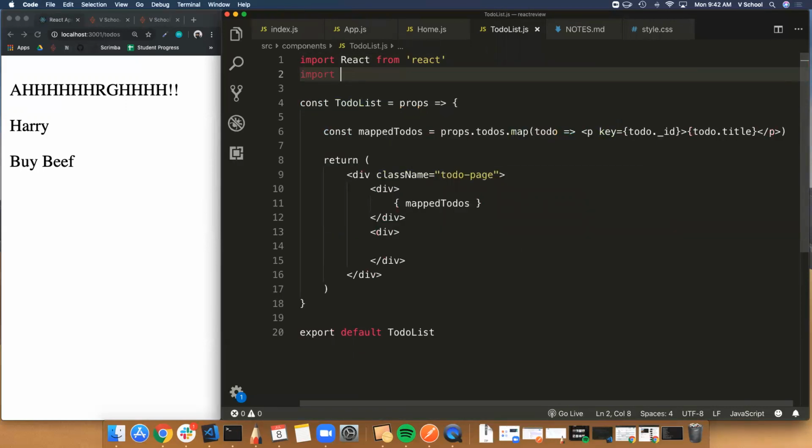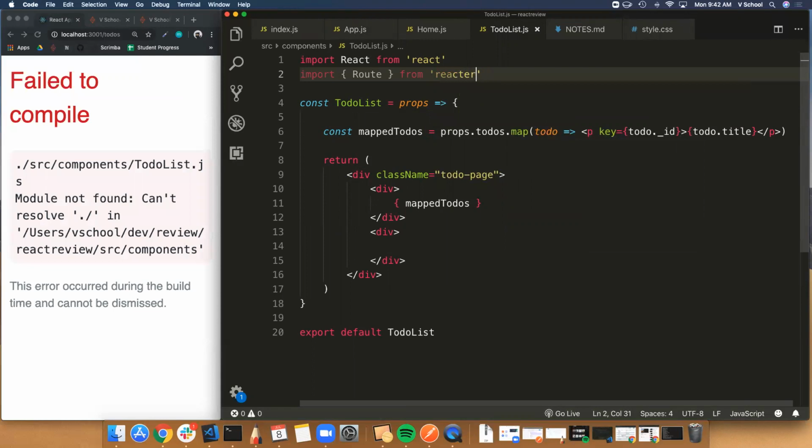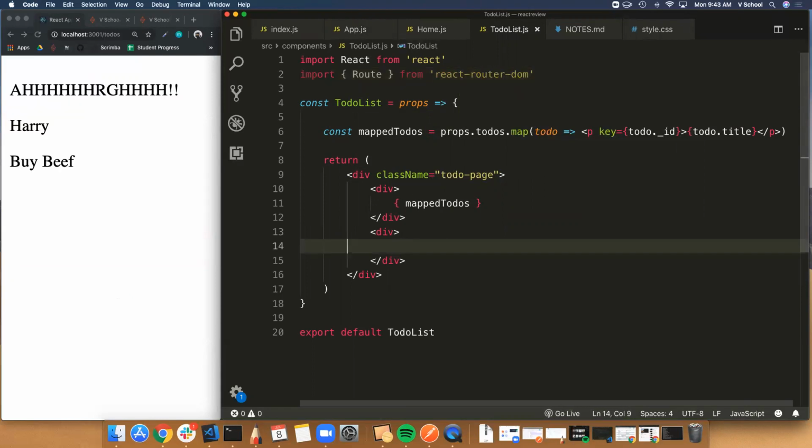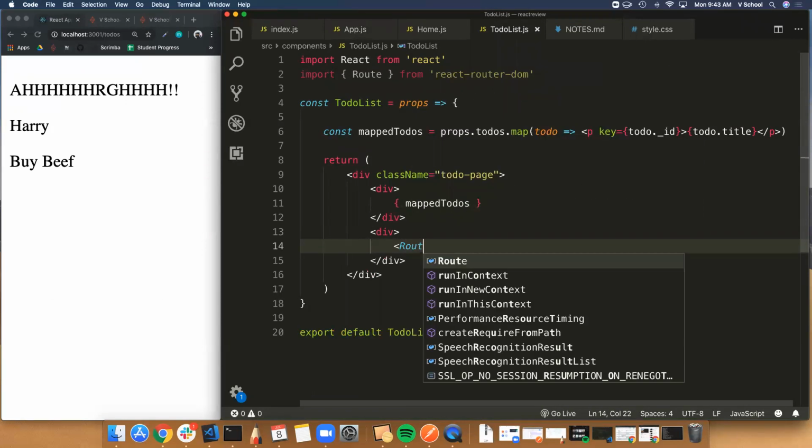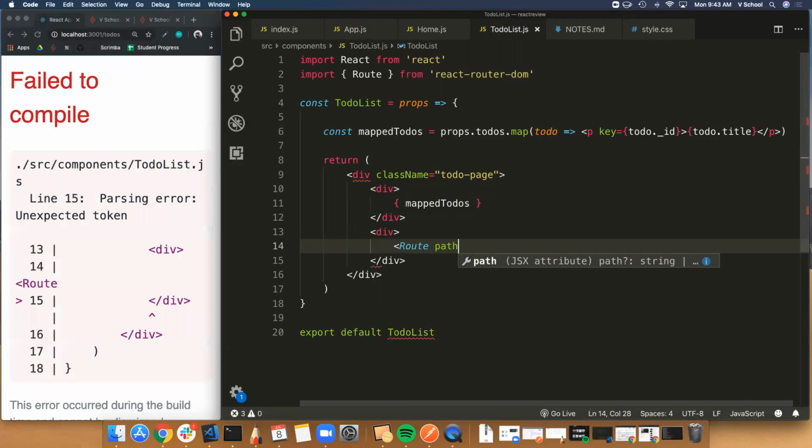Because whenever you're thinking of something that's going to change over time, like the view is going to change, you're thinking React Router and router DOM. So I'm going to make a route right here in this div so that I can load different data on it. It's going to load a single component, just the current to-do we're doing. So I'm going to make a route, and we'll talk about the path in a moment. And then the component we're going to load is